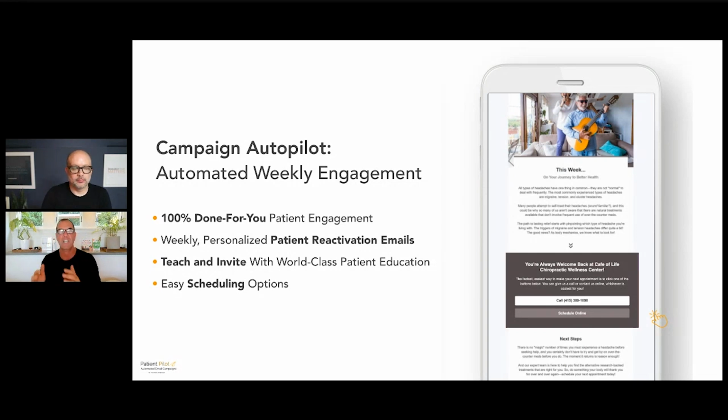By staying in touch with your past patients, by teaching them something every week, not by soliciting them, not by asking them, you ready to come in now? How about now? How about now? Not with deep discount offers that make you look more desperate than they are, but by doing the right thing as a doctor, which means teacher, as a professional, which means you should be professing your message proactively,